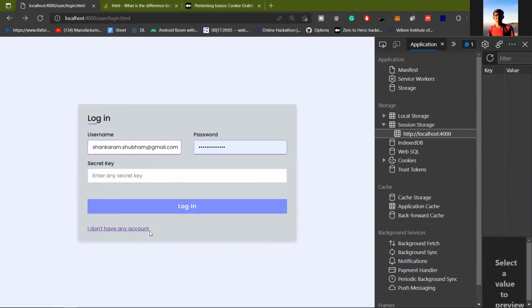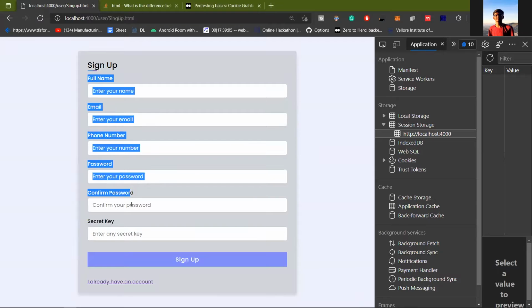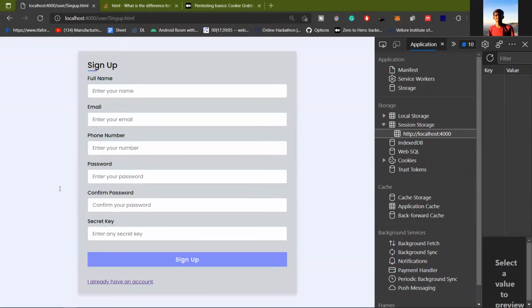If the user hasn't any account, he can use sign up by adding the full name, email ID, password, and a secret key. This secret key you have to enter on the login page, so you have to remember this secret key all the time.